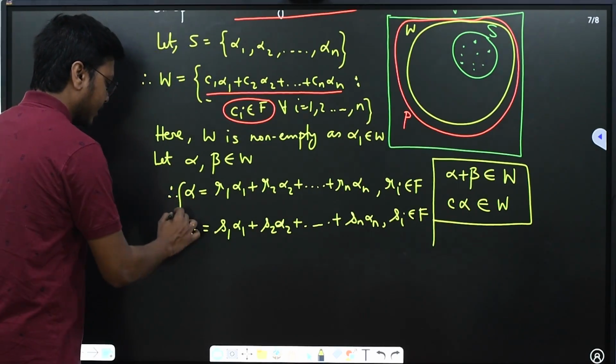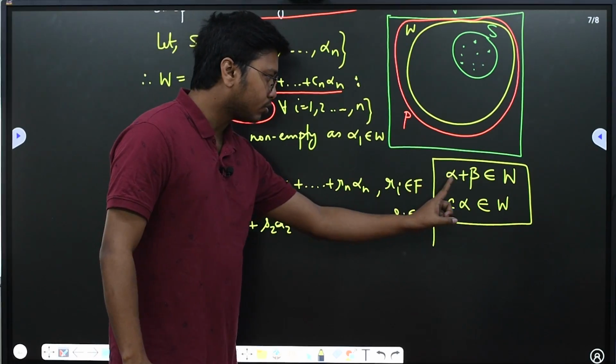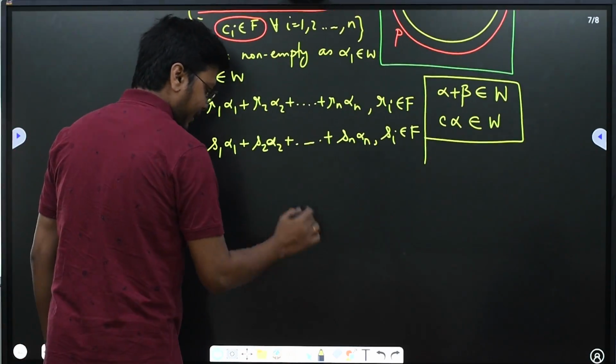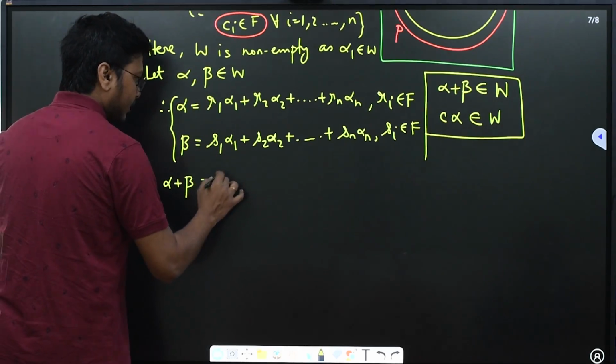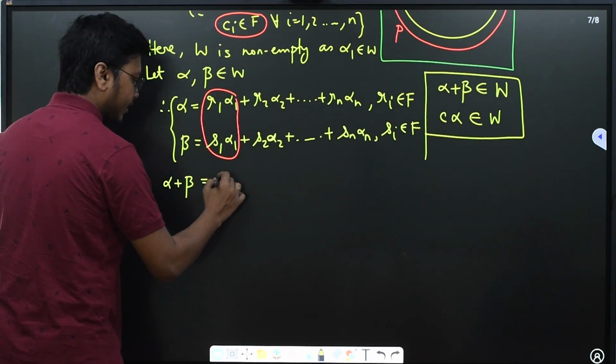Okay, so I have considered two elements from the W set. Now I want to show their addition also belongs to the W set. Okay, so I am taking the addition, alpha plus beta. So if I add them pairwise, if I add up the first pair,